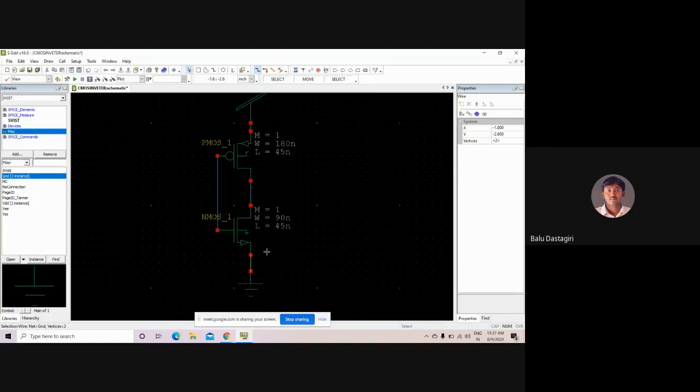If you see in these transistors, in the PMOS there is a fourth terminal, the substrate, which is connected to VDD. Similarly, there is a P substrate in the NMOS, which is connected to ground. The technology files you are using here are based on the N-well fabrication process.